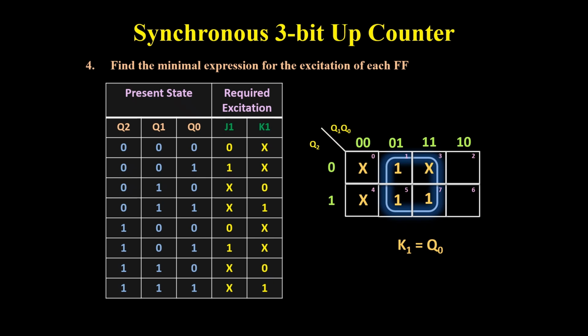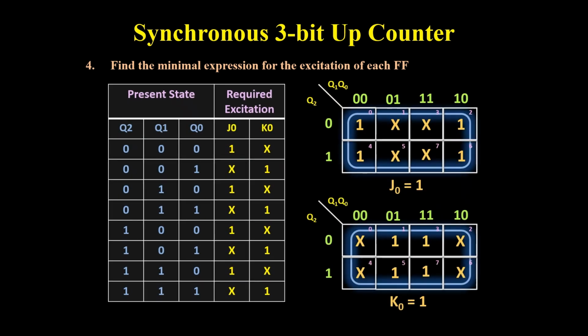So if you see the column of the K1, then once again this K1 is equal to 1 for the two different input combinations, that is 011 and the 111, while the 4 input combinations are the don't care terms. So once again, let us map all these minterms in the K map. So if you see this K map, and once again, by using these two don't care terms, we can make the group of 4. So once again, this group corresponds to Q0. So we can say that the expression of the K1 is equal to Q0. That means J1 is equal to K1 is equal to Q0.